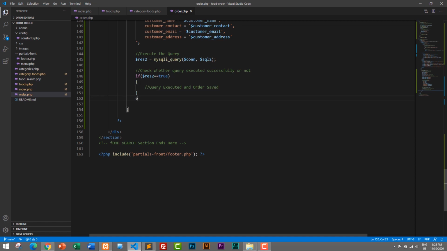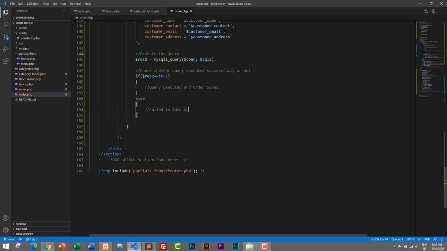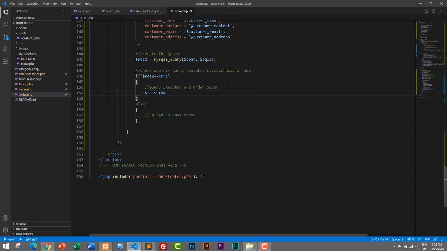Else, fail to save the order. Okay, so here when the query is executed, let's create a session, $_SESSION, and we'll call it order,